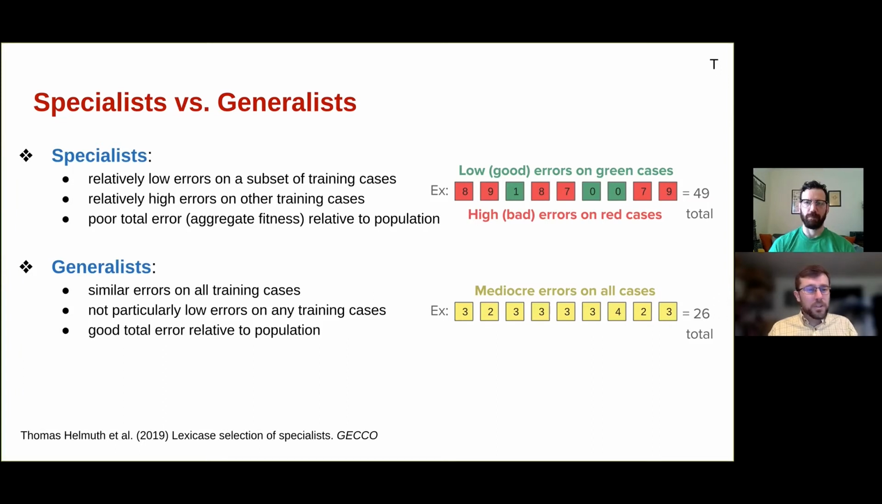Now, let's compare this with generalists. Generalists are individuals that perform similarly on all training cases. They might not optimize any one training case really well, so they might not perform all that well on any particular case, but they don't perform particularly poorly on any case either. These individuals tend to have relatively good error compared to the rest of the population. In this example, we have an individual that has no really good errors, 0 or 1, but has pretty decent errors across all other training cases,